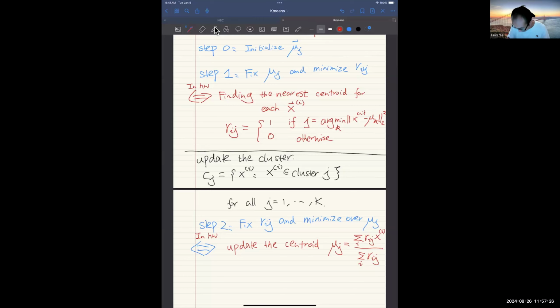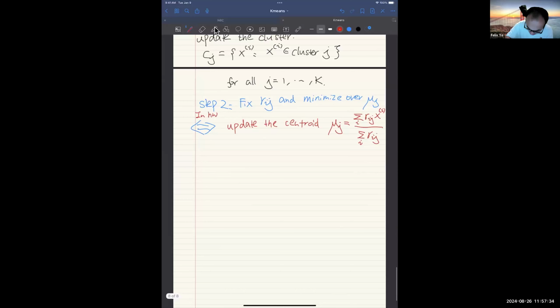So solving this optimization problem is equivalent to saying we update the centroid accordingly. This is also equivalent to saying we calculate the mean of each cluster